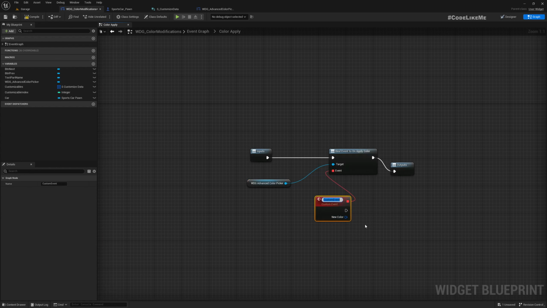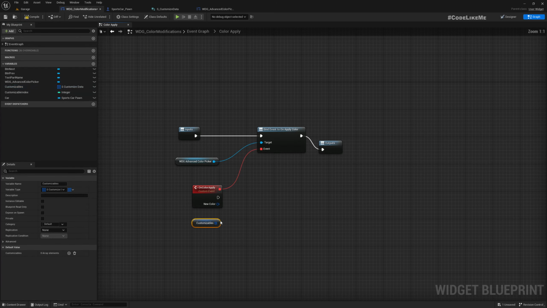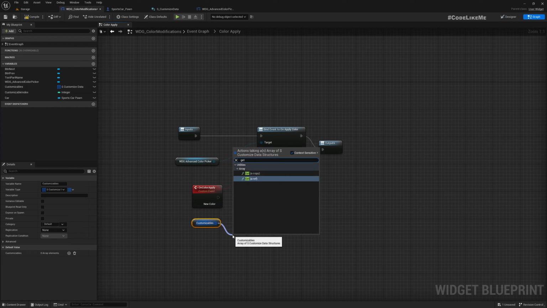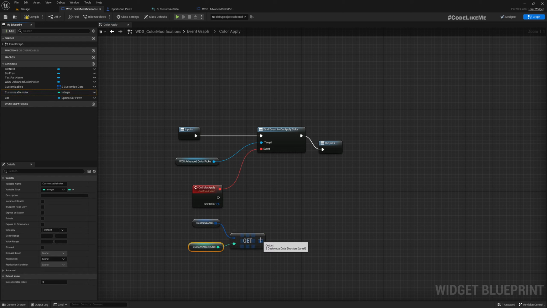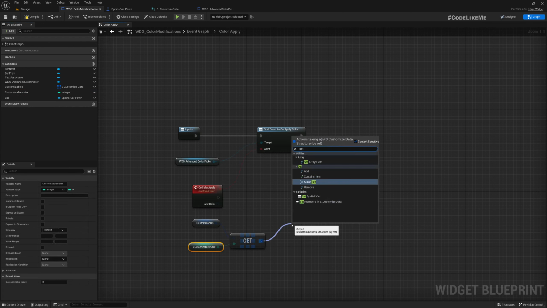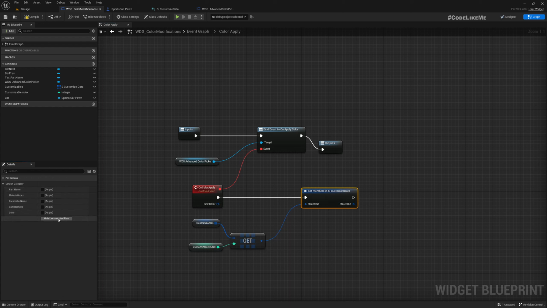Add custom event on color apply. So we have the customizables and we can get the current customizable index and then set members in here. So the member we need to set is this color with the new color, and then in